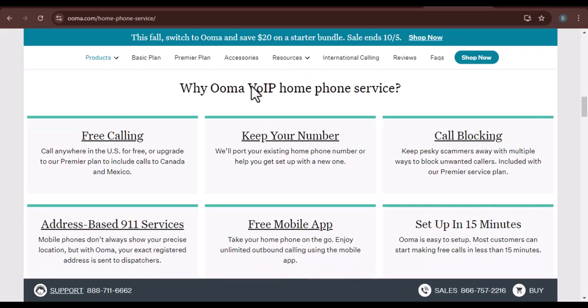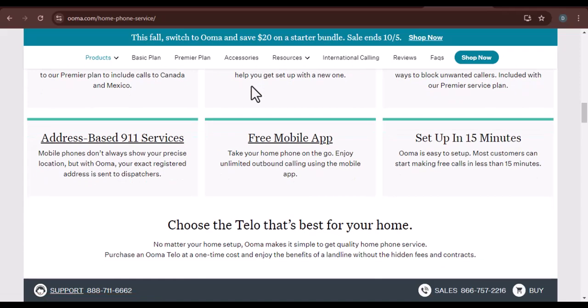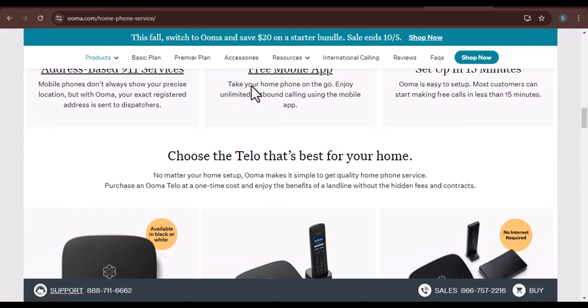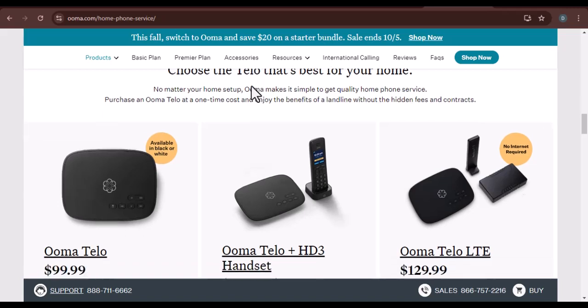So, can you use any IP phone with Ooma? The answer is it depends. While Ooma is compatible with many IP phones, there are factors like compatibility standards, Ooma's supported phone list, and manufacturer partnerships to consider. By following the tips we've discussed, you can increase your chances of finding a compatible IP phone that